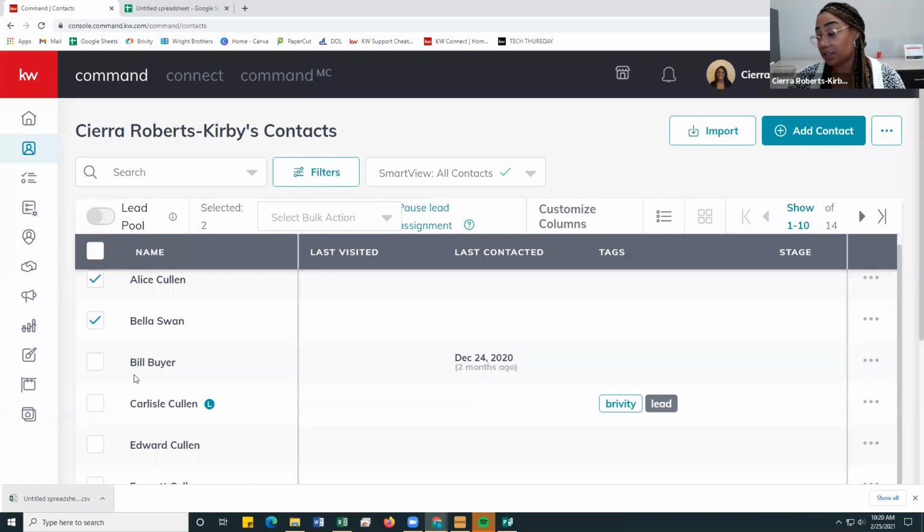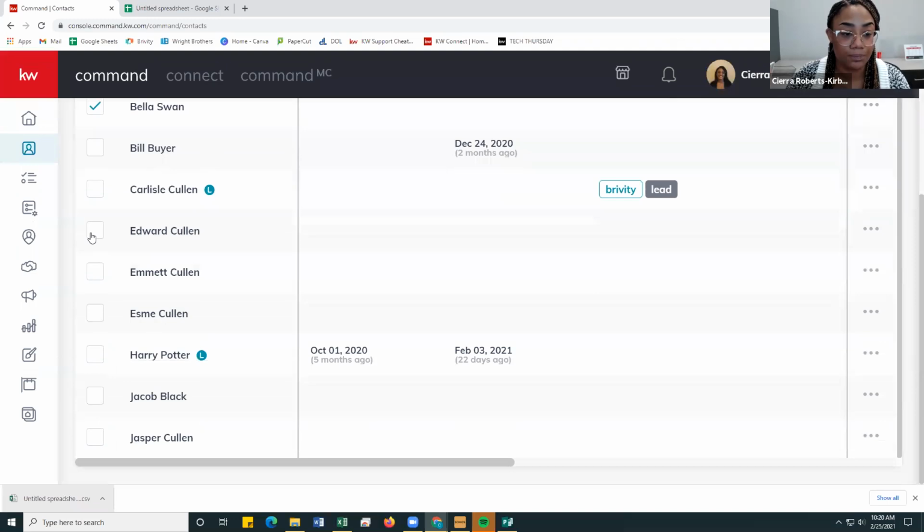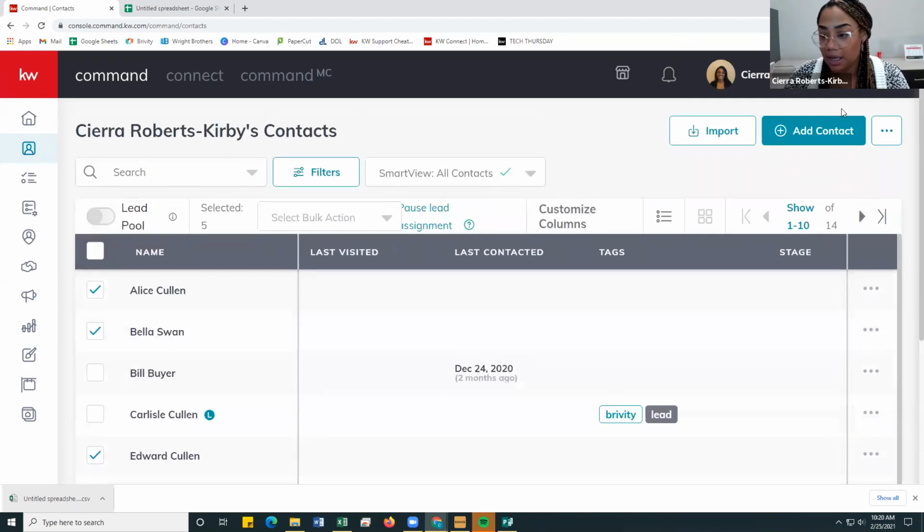So one way that I can do that is clicking. I mean, obviously I don't have a lot of contacts in here, so this would be less of a task for me. But if you forgot to do that to your contacts, I'll show you another way that we can do that as well. So we'll go through, we'll click Edward, Emmett, and Esme, even though Esme is connected. And then we will do,